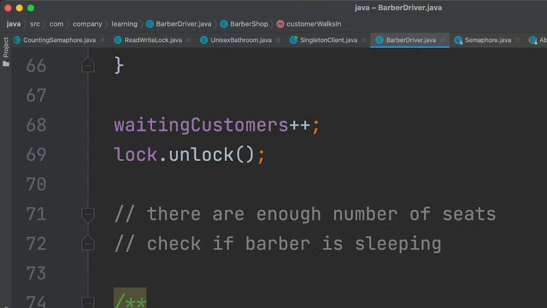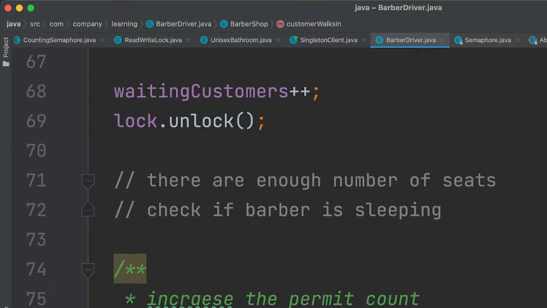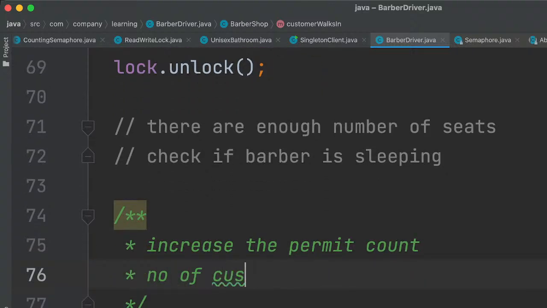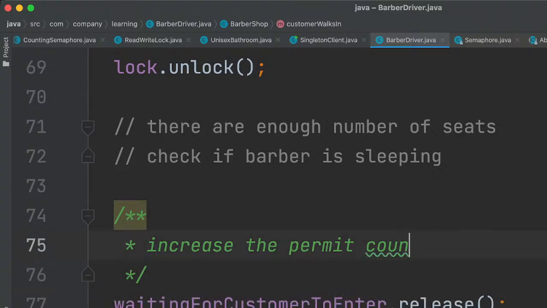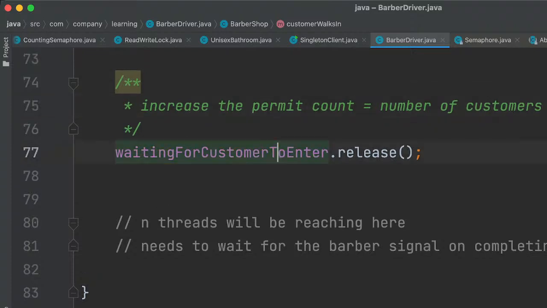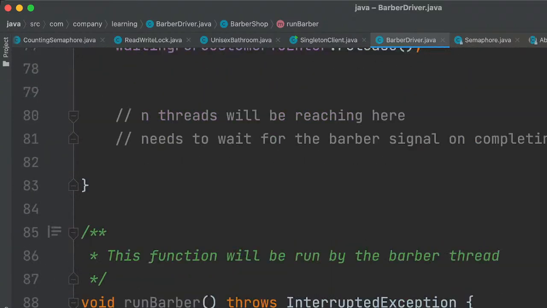Here the permit count is nothing but the number of customers, so it will increase the customer count. When you are trying to acquire more than one, there will be no blocking at this point.